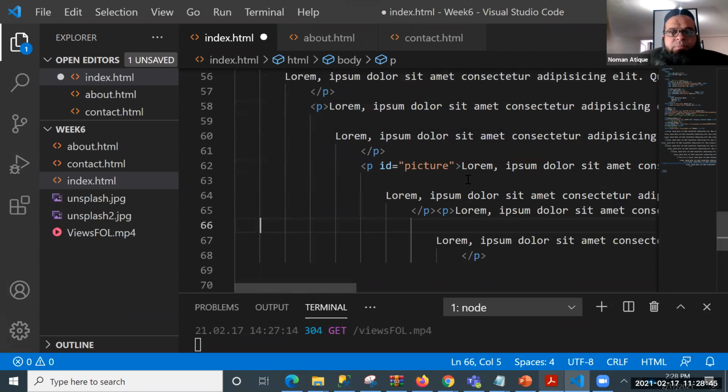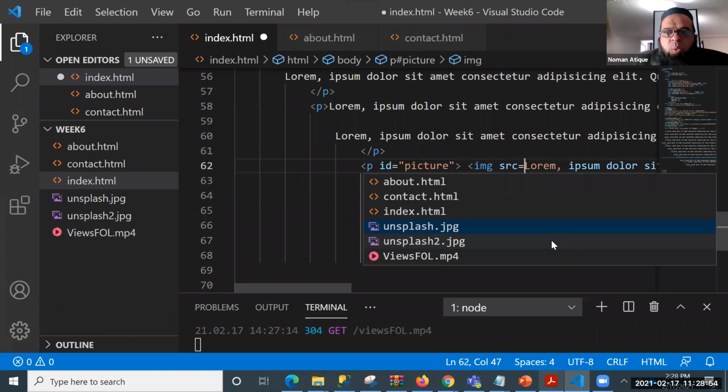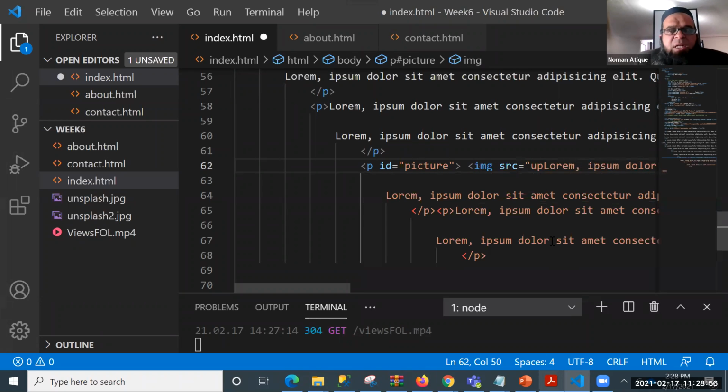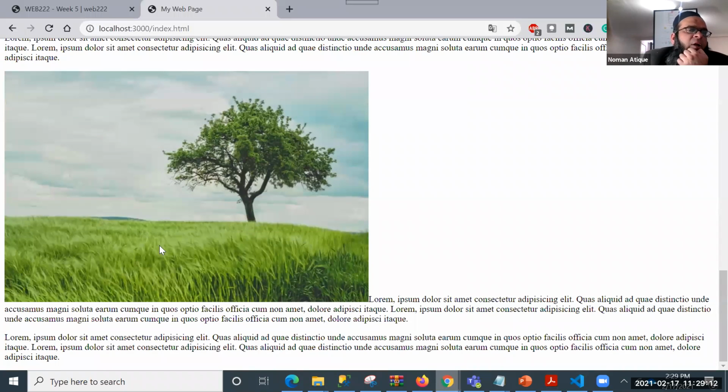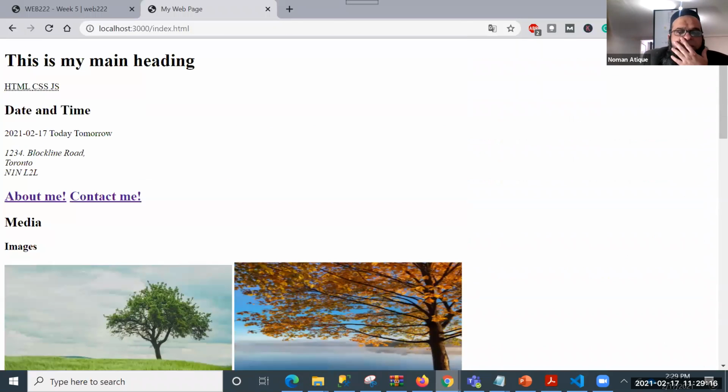Now, let's place a picture over here as well, just to show that's the thing, right? img src equal to, and what pictures I have? Unsplash. So I'm just doing it for nothing, unsplash.jpg, and I've just placed a picture over here, and not setting its width or anything. Now let's run my page. First of all, run my page and see what is happening. So I have got another area where there is a picture over here, right? Because I've placed another picture over here.